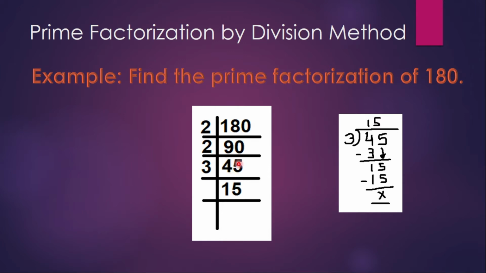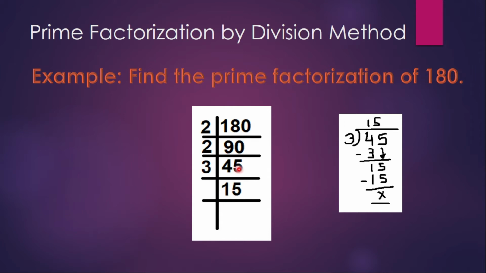For 3 you must know the divisibility rule as well, children. The divisibility rule of 3 is to add the digits in the number. If the sum is divisible by 3, then the number will also be completely divisible by 3. So it is 4 plus 5 is 9. That means we know that 45 is divisible by 3. So 3 15s are 45.